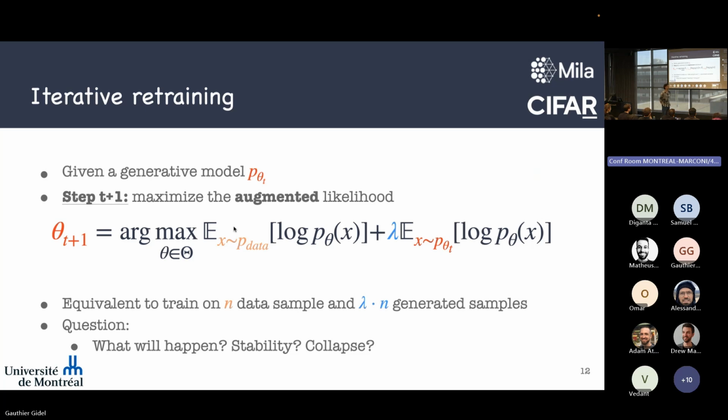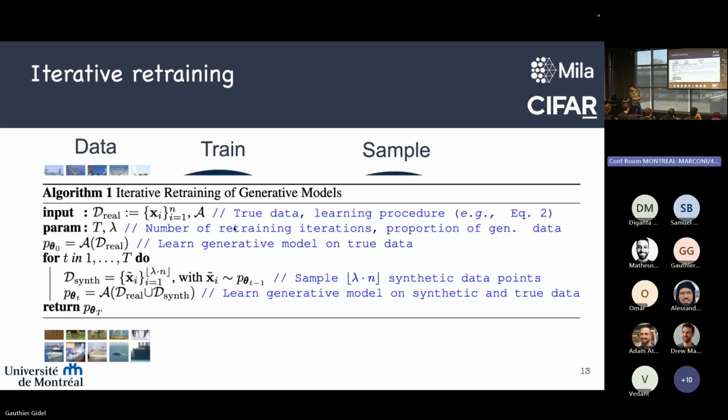I agree that statistical noise is a tricky one, but I think what's interesting in our framework is that we try to disentangle the two. And I think our conclusion is that when lambda is finite, between 0 and plus infinity, we have stability, and the statistical noise should not affect that.